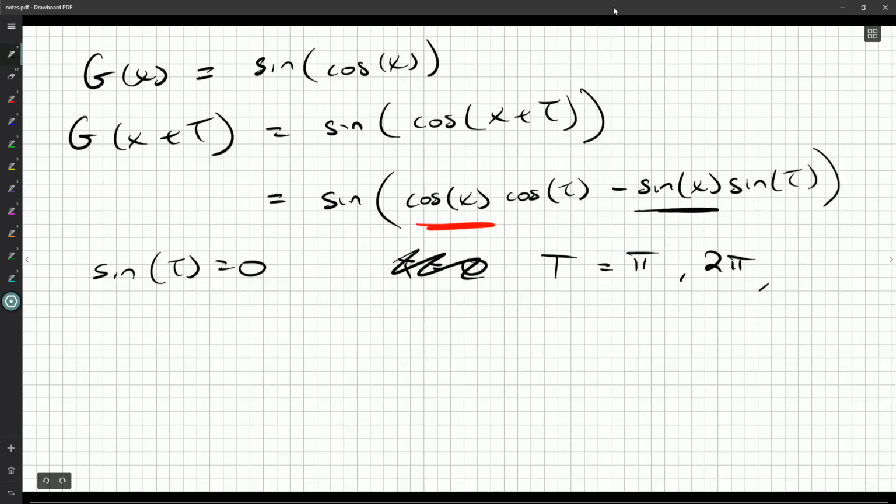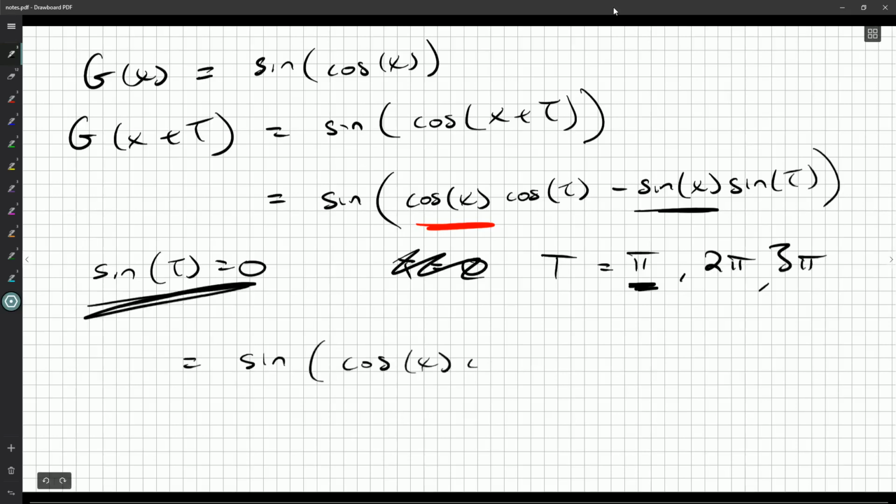So you'll notice this pi is creeping in, even though the least period of sine is 2 pi. We're not so interested in that. We just want to know when is sine 0, and that happens a bunch of times. Really, any positive multiple of pi will do the trick. Now, the least of these is going to be pi. We can check